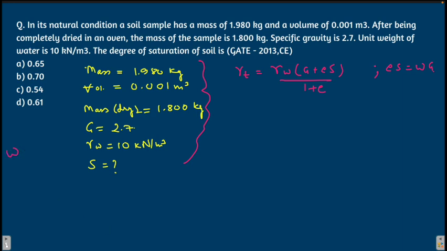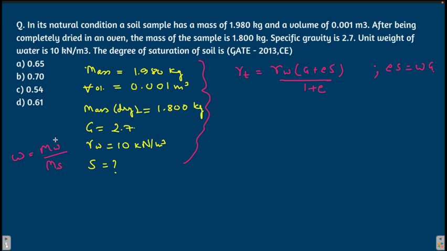Now here is another basic definition of water content. Water content is the mass of water present in the solids. So we can find the water content by mass of water by mass of solids, but there is no means to find the void ratio. So it's better that we find W.